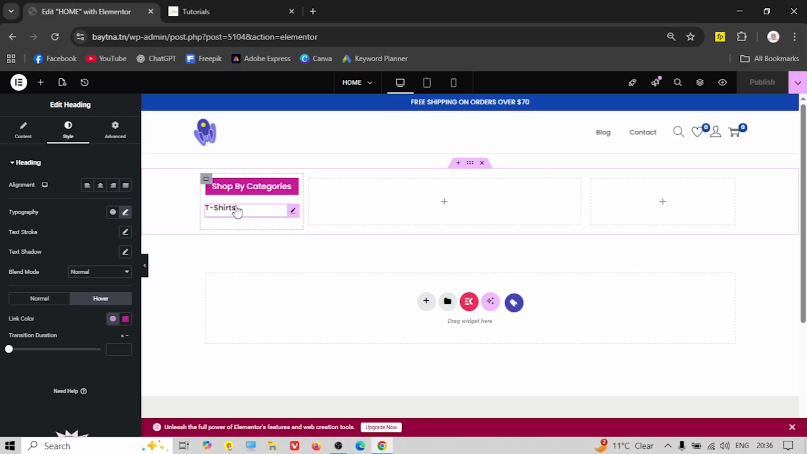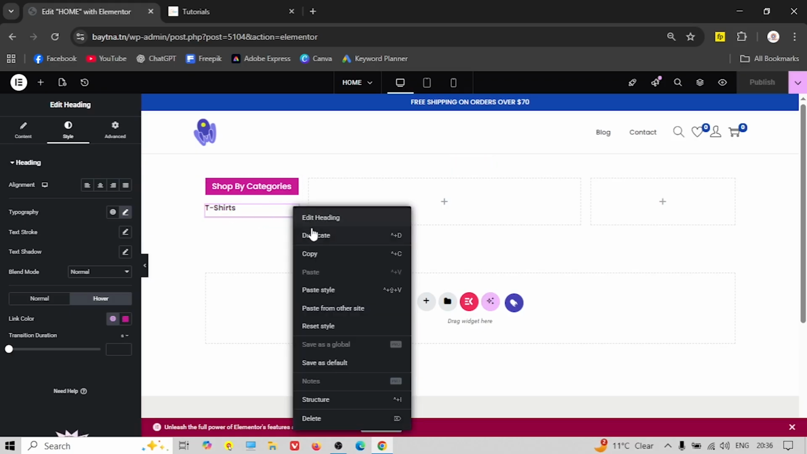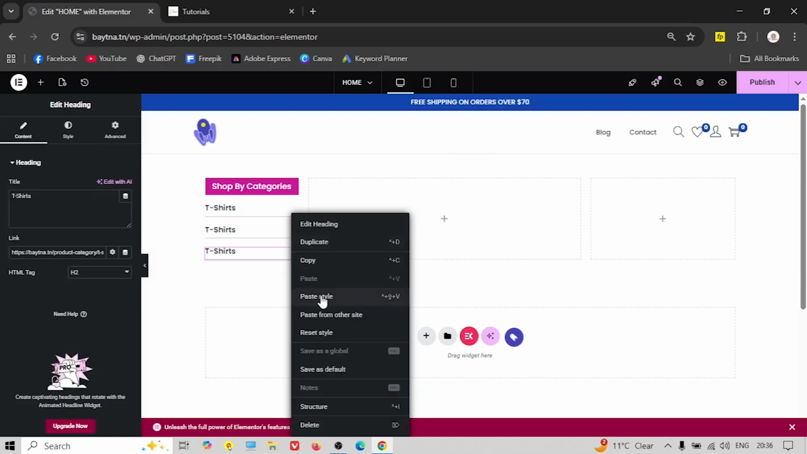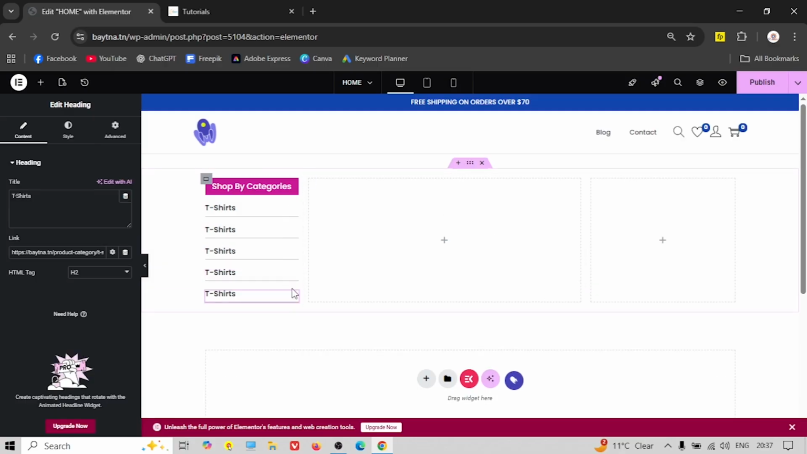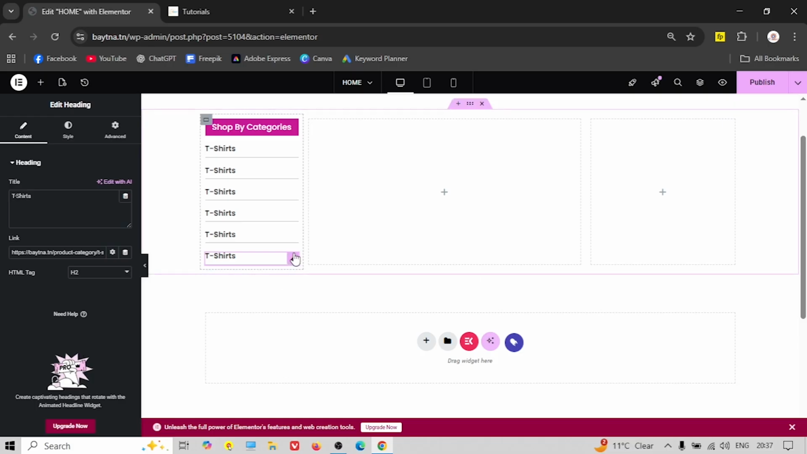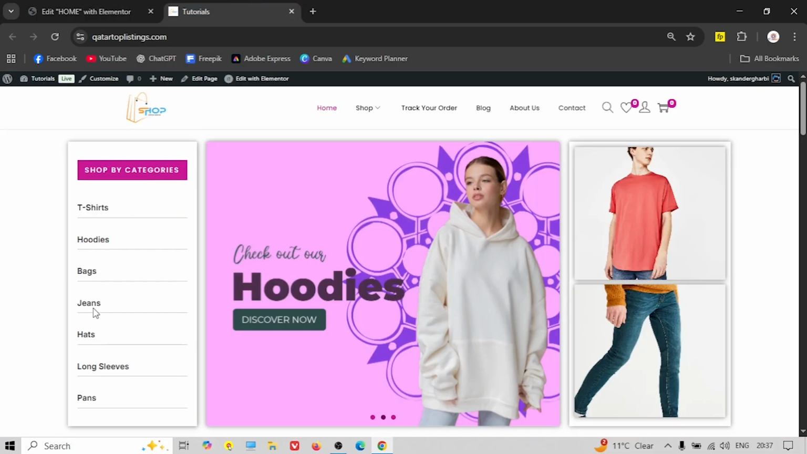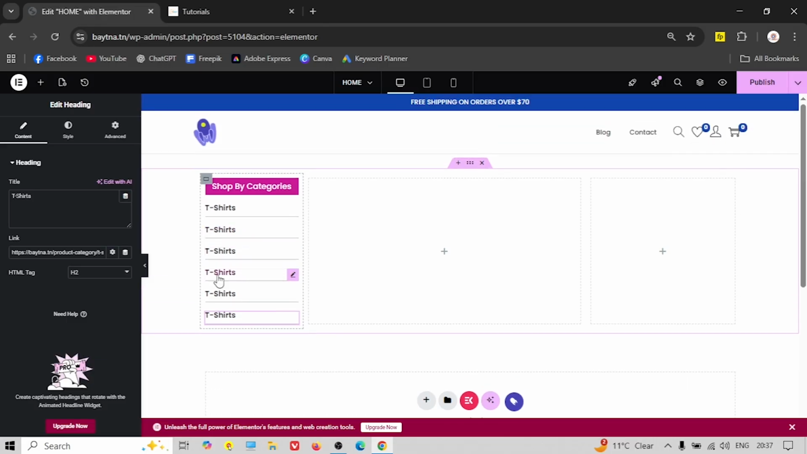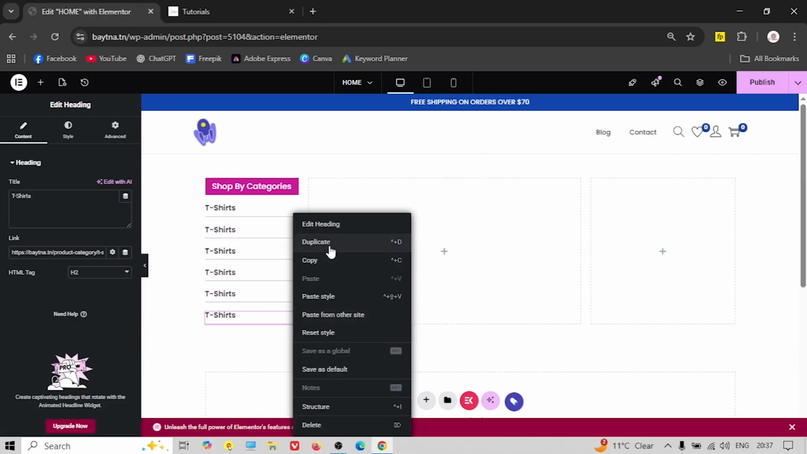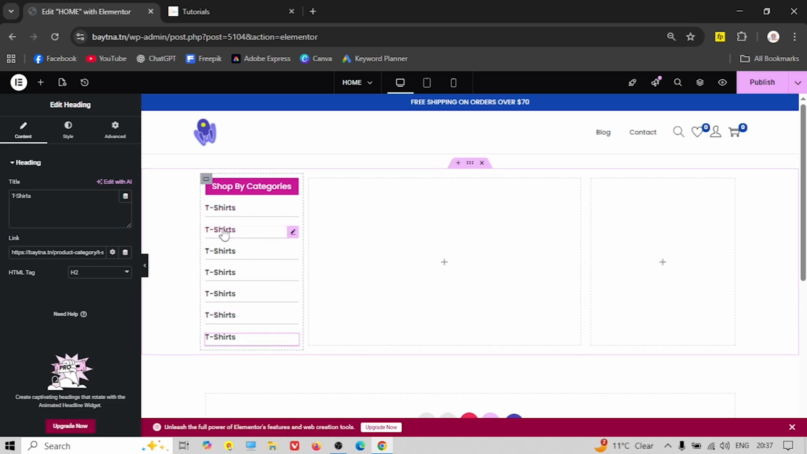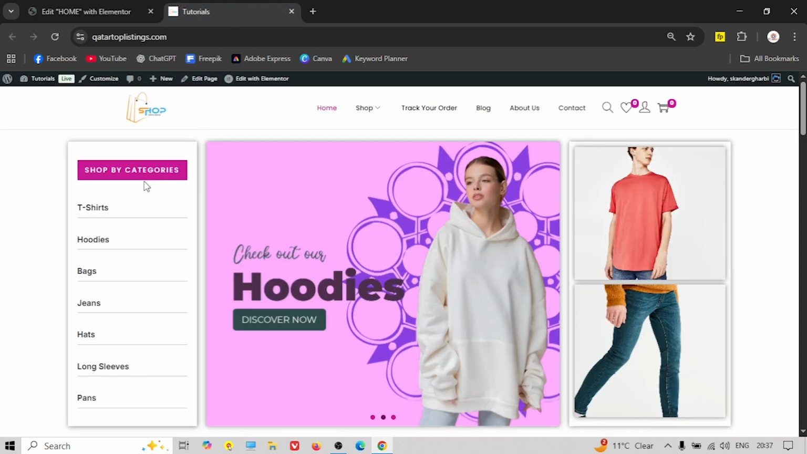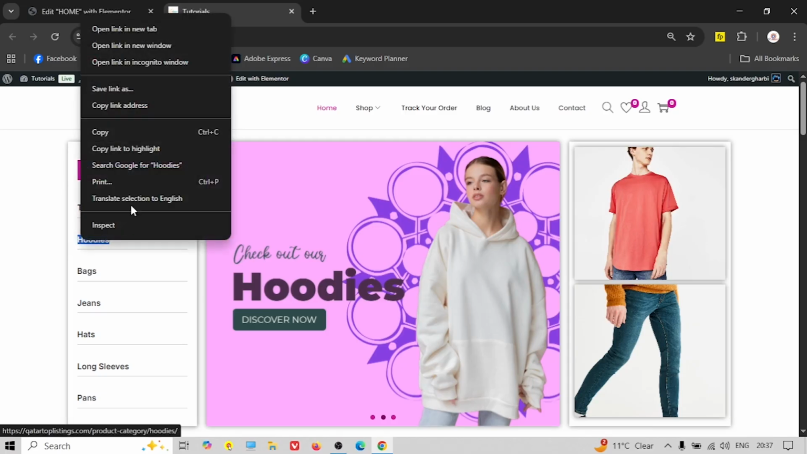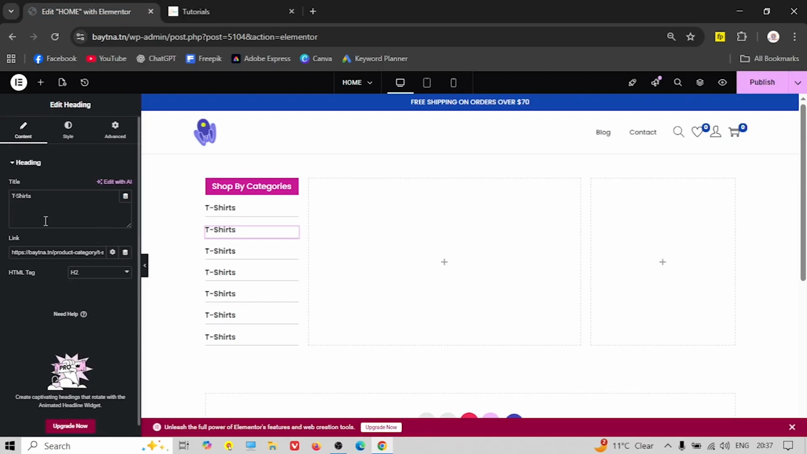Next, we're gonna duplicate this element a few times, 3, 4, 5, 6, 7. For example, if you have 7 categories, 3, 4, 5, 6, here's another. And one by one, we're gonna change the second one to hoodies over here. And of course, we're gonna